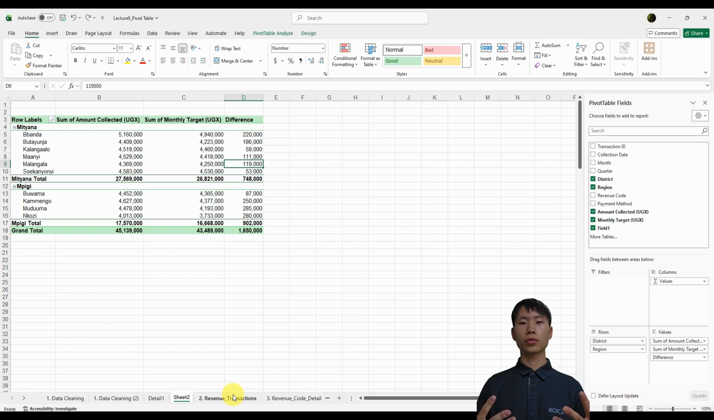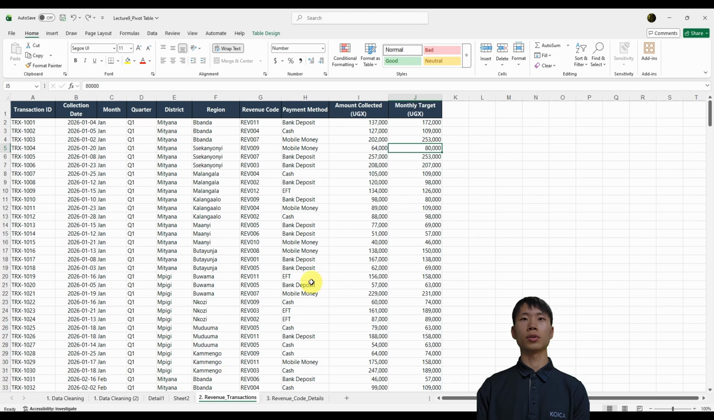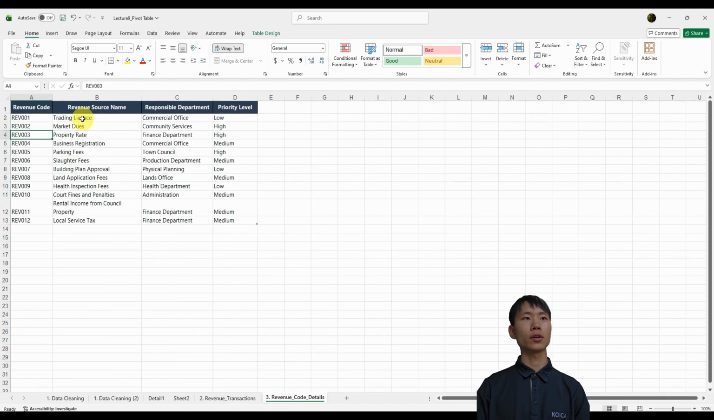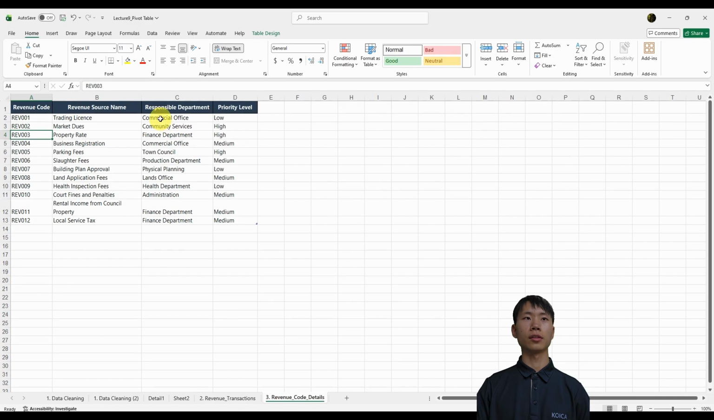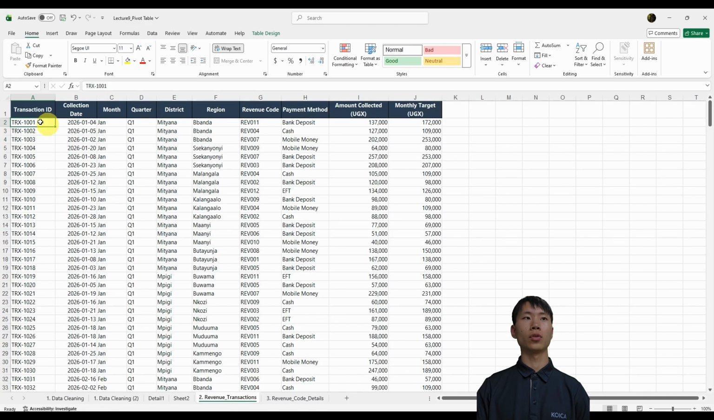So far, we have created a pivot table from a single table. However, we can do more than that. Let's go back to sheet number 2 again. Now, on the sheet number 2, we can see under column G, we have all these revenue codes. And at sheet number 3, we have all these explanations about the revenue code. So if I want to know, for example, I want to know let's say, the responsible department for this transaction